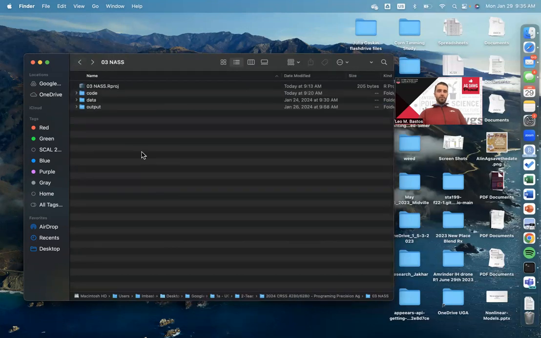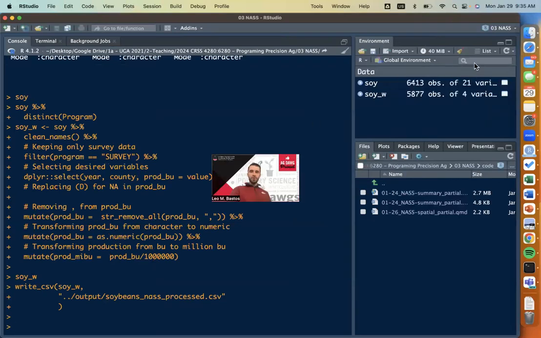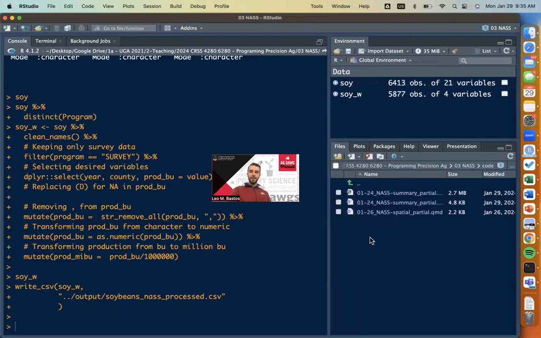So once you've done that, we're still within the 03 NASS project. If you happen to have closed your window, make sure you reopen that 03 NASS Rproj. Once you do, you should be seeing the 03 NASS on top. If you are not, make sure you do this, because otherwise you're going to have issues reading data and exporting